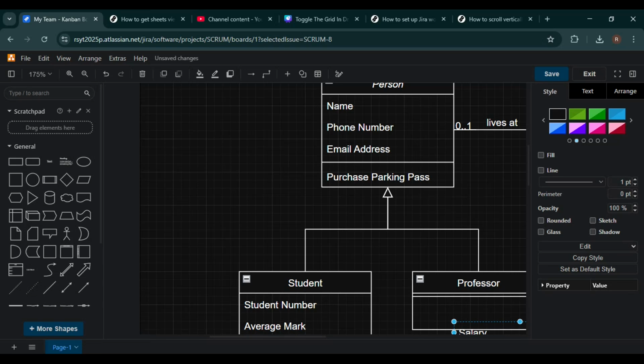In this video, I'm going to show you how to scroll vertically and horizontally in Draw.io, especially when you're working inside Jira. This is a very simple thing, but it often confuses beginners and even experienced users when they open a large diagram or table and suddenly can't move around the canvas properly. By the end of this video, you'll know exactly how to move up, down, left, and right inside Draw.io without